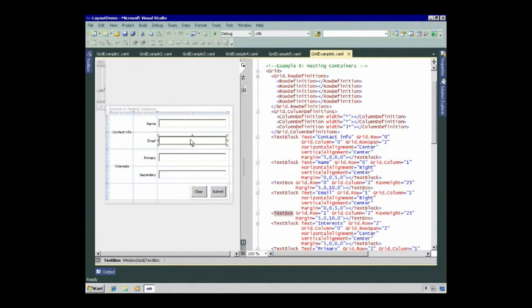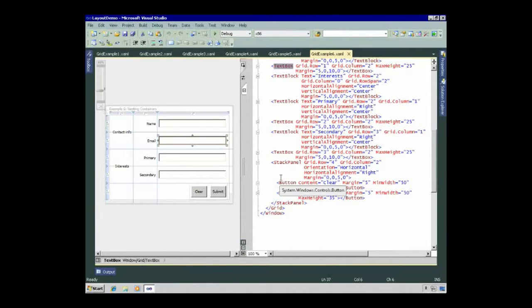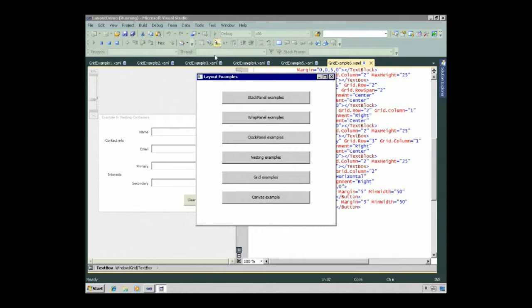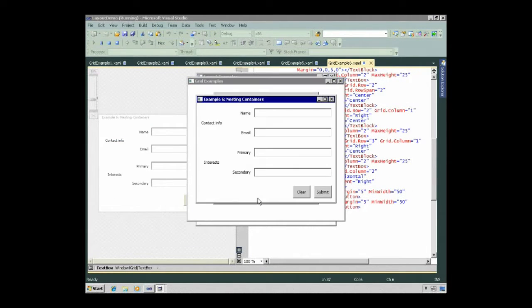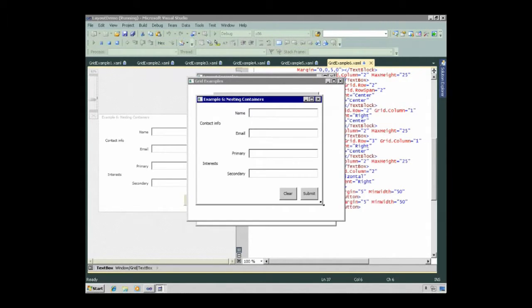And then the text boxes are in the 3rd column. Now the buttons, clear and submit, are in a stack panel with orientation horizontal, and they're in this last column. Grid row 4, column 2. So now when I run this, because clear and submit are in the last row and last column, they will always stay in the lower right of the form. Now because I'm using grids with automatic sizing,